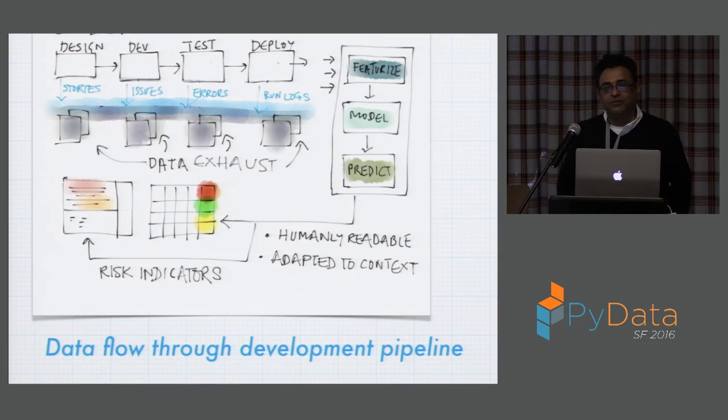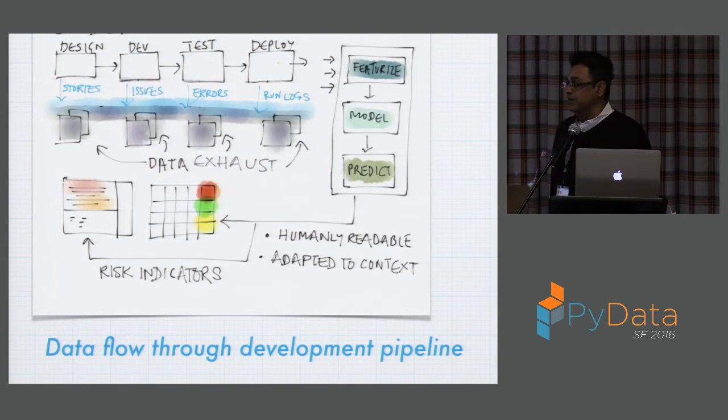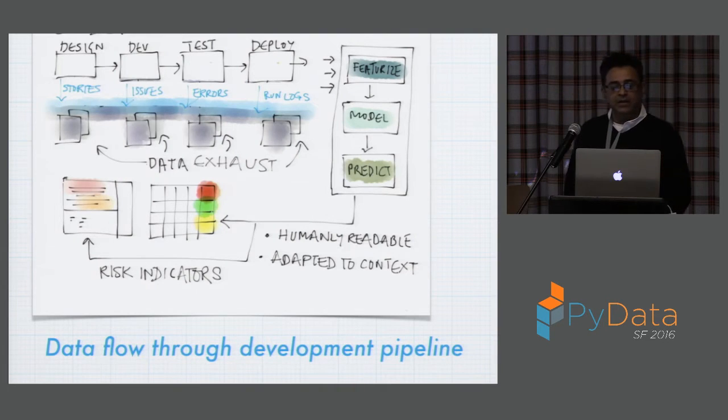But let's take a look at it from an industrial production point of view. These are the various stages we go through in software development. And we throw away most of the things that have the signal. That's the thing that I've identified as data exhaust. It's data that comes as a side effect of our software engineering, and it contains a lot of signals. We can correlate some of these signals. For instance, run logs might tell you what files contain a particular bug.